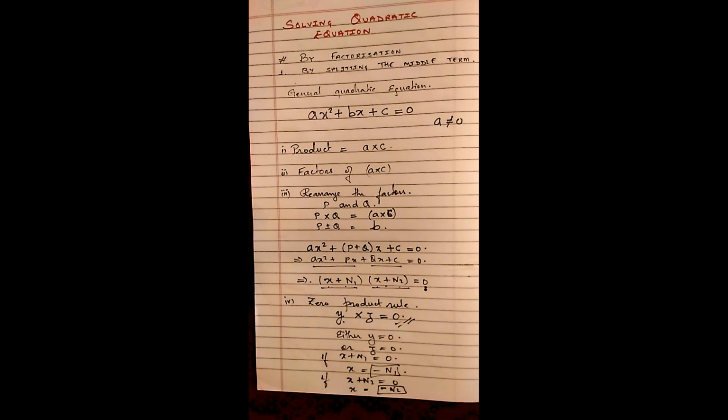Now to learn this clearly, let us take one example. Suppose I'm taking this equation 4x square plus 4x plus 1 is equal to 0. Now let us split the middle term of this quadratic equation and find the solution or the root of this equation. So first, in the rough work column, I'm multiplying the coefficient of x square with the constant term and I get 4.